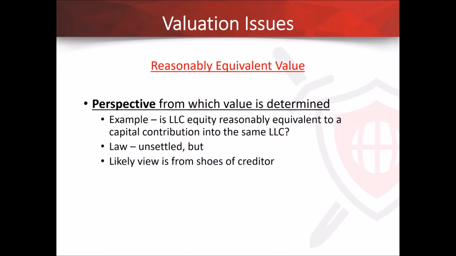Because the problem is that the assets, although the value may not have changed, the value from the creditor's perspective is completely different because these assets are not reachable. So if you are a creditor also, it's basically a way of tipping the scales to prove that, hey, this guy transferred this out. He may have gotten an entity, part of an entity that he funded, but I can't reach it. So I can prove to you that he didn't receive back reasonably equivalent value because the value doesn't count, and he became insolvent because all of those assets are not counted in the solvency determination.